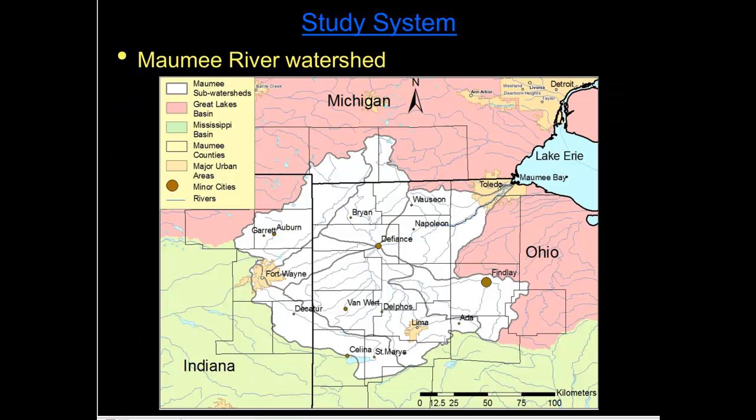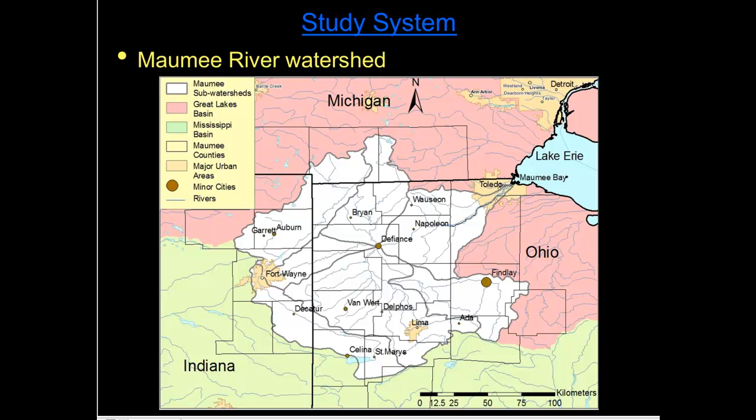This is a better map of the watershed of the Maumee River, so you can see where Toledo is. That's where the Maumee River enters Lake Erie. You can see some of the larger cities in the Maumee Basin, and it lies at the intersection of the three states of Michigan, Indiana, and Ohio. The bulk of the watershed is in Ohio. The main thing I want to point out here is that the watershed is dominated by agriculture. About 70 to 80% of the watershed is covered by agriculture, and most of that is row crop, predominantly soybean and